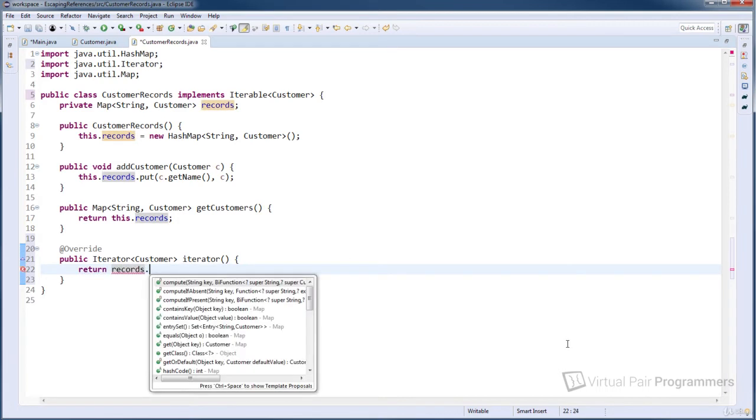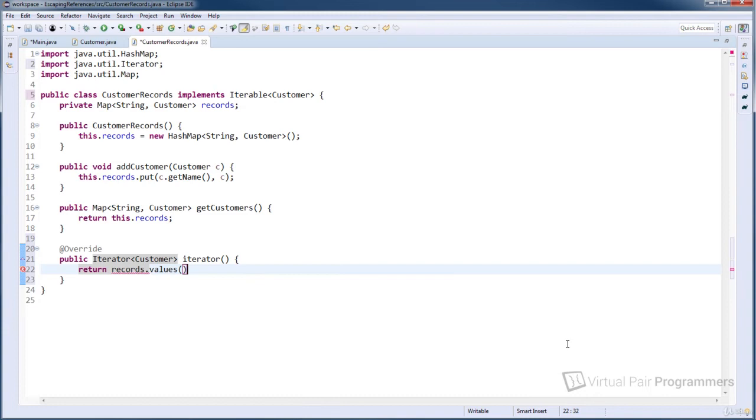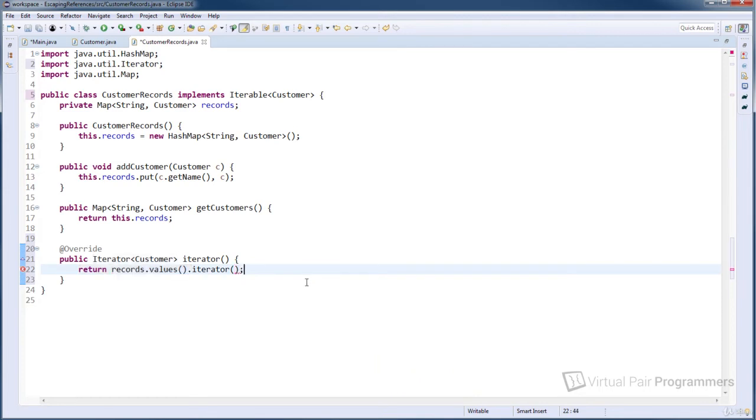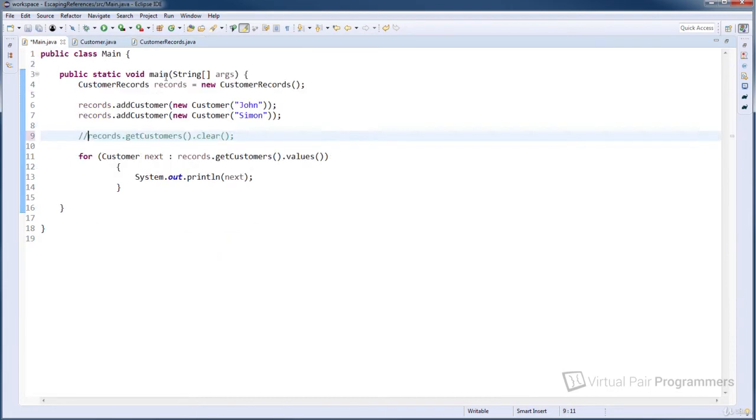I want to get the values from the map, and then that is going to be a list of the customers. And as you can see, we can just get the iterator directly from there. So I should be able to just return that object. So having done that, what that allows me to do, I'll just save this file, is back in my main